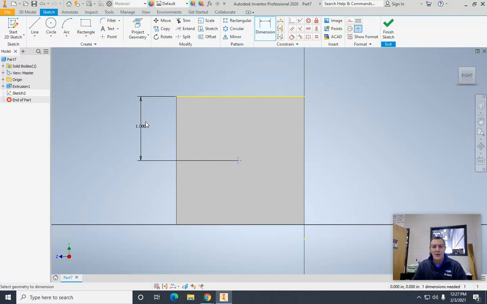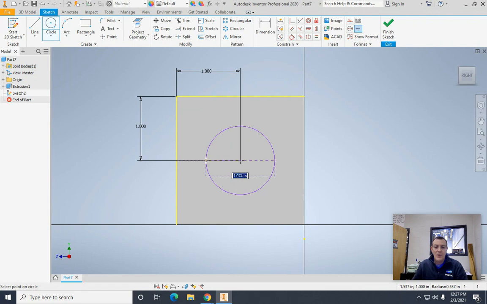And you'll notice how the point actually moves. So we have it correct up and down. Now we got to get it correct left to right. So we'll click on the point, click on the side, drag up, click on the number, and put 1 in there and hit enter. So now we have it exactly in the right place. And we're going to go with circle. It should turn green when it finds the center, and it does. Click, drag out, and then type in 1 and hit enter and escape. All right, so this is what it should look like. We're going to finish the sketch,